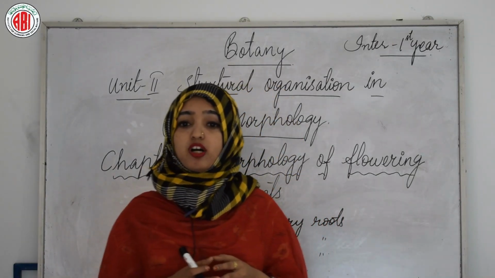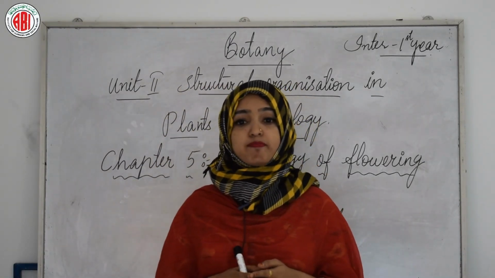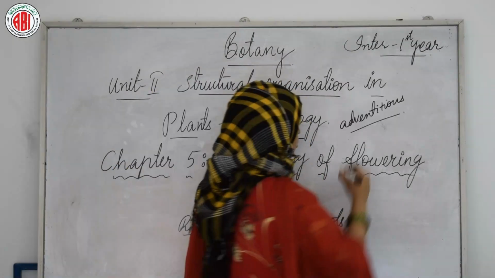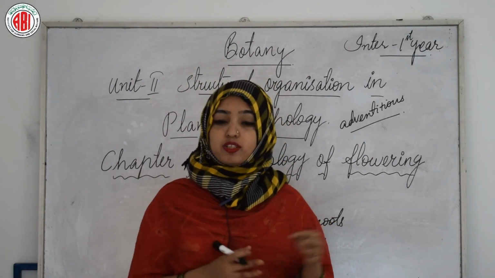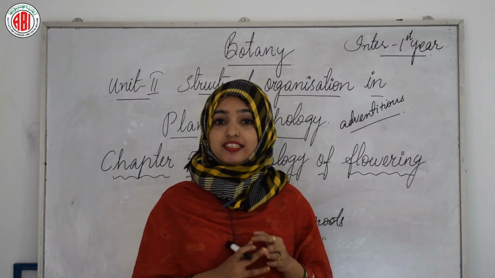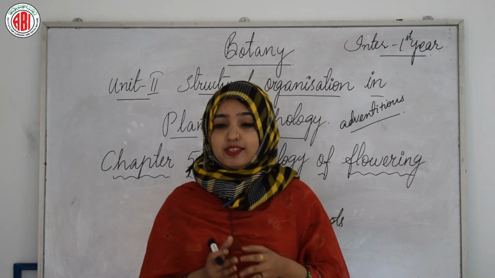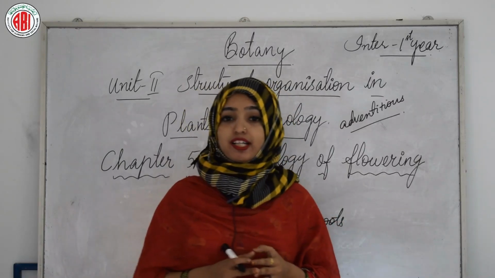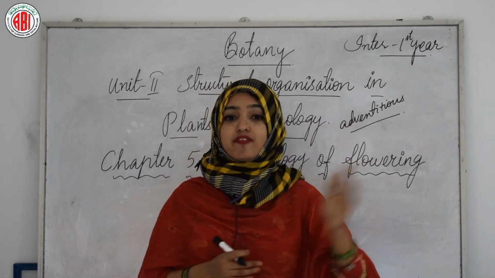Unlike in monocots, in some plants like Monstera and banyan tree, roots arise from parts of the plant other than the radicle and are called adventitious roots. So adventitious roots are the roots that arise from parts of the plant other than the radicle, and the example for that you can take is the banyan tree. I hope you all have witnessed the banyan tree in your life, right? There we can see long roots arising from parts other than the radicle, and such roots are called adventitious roots.